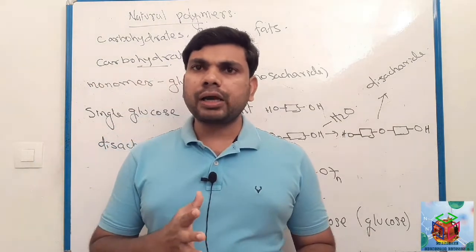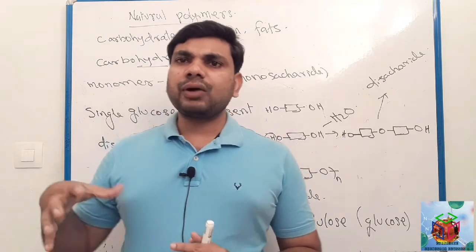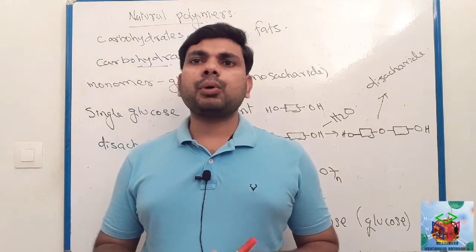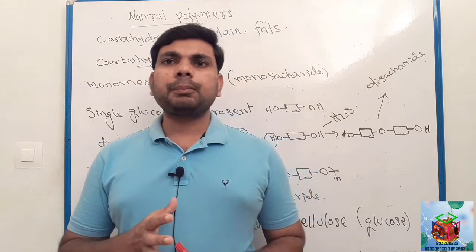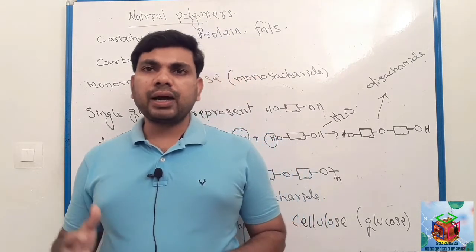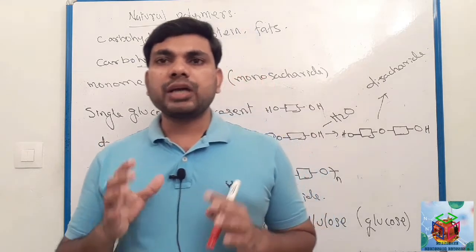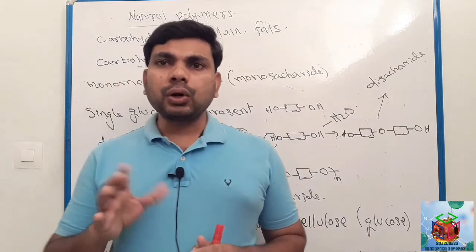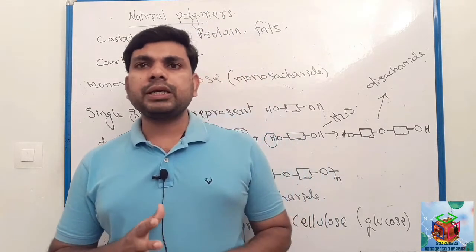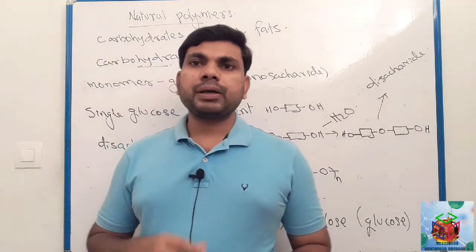Polymers such as carbohydrate, cellulose, protein, oil or fat, we can find in plants. Here, first we have to discuss carbohydrate. Examples of natural polymers are protein, carbohydrate, cellulose, oil or fat. Actually, oil or fat is not a polymer, we will discuss this later. Protein, cellulose, carbohydrate are examples of natural polymers.